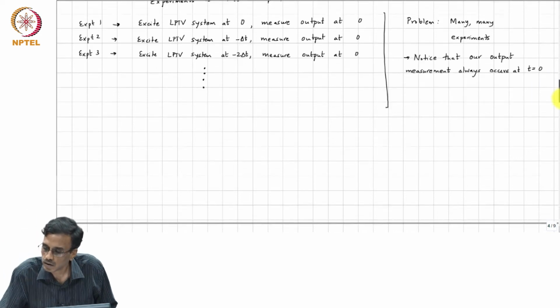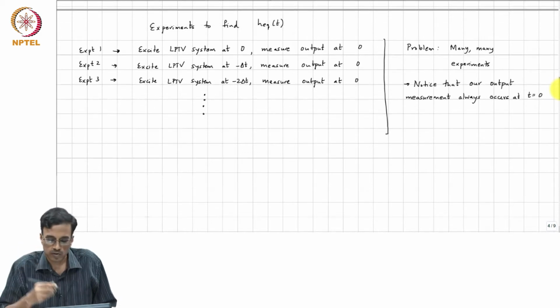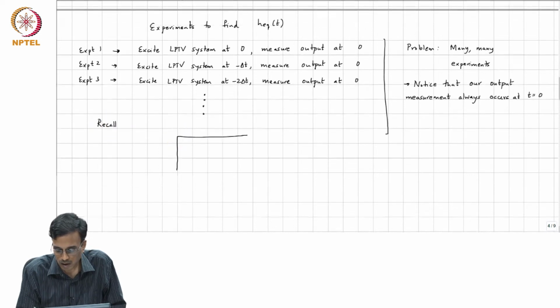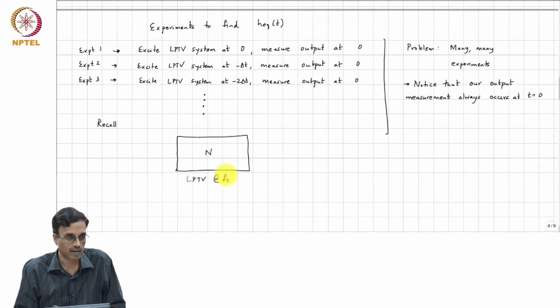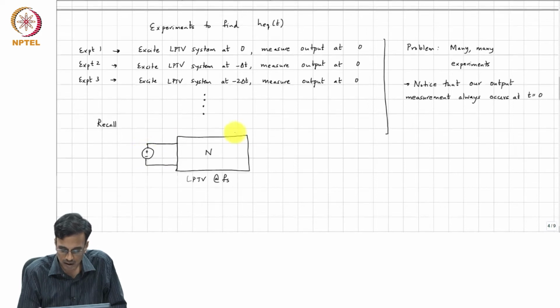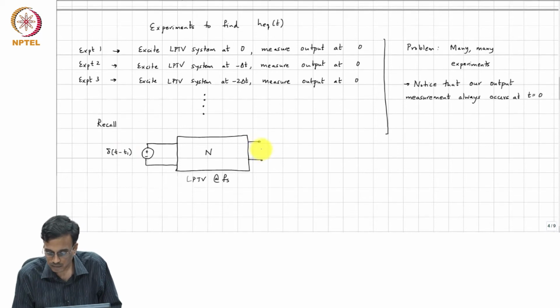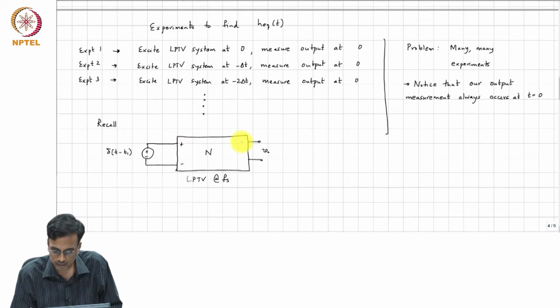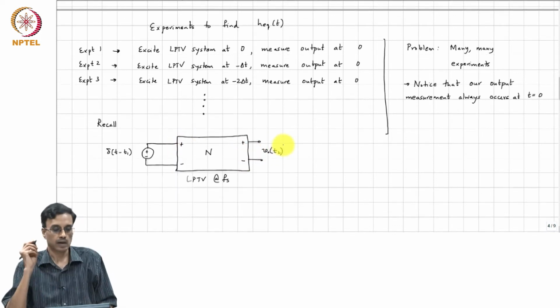So we now exploit, or recall, that if you have an LPTV network at Fs, whether this is a voltage or a current source does not matter, if you apply an impulse at T1 and measure VO of T2,